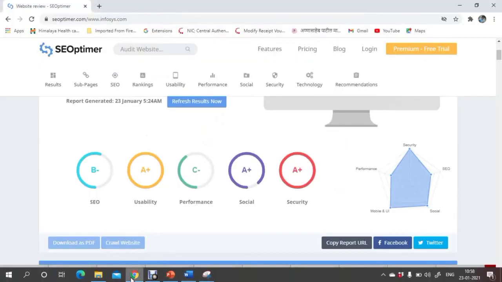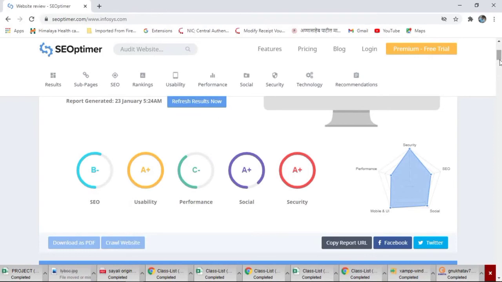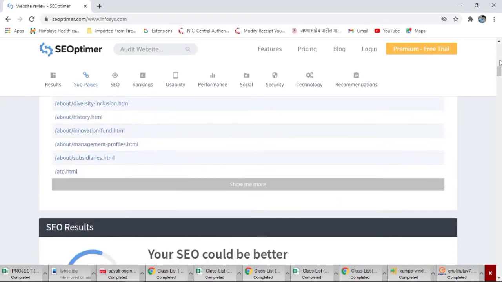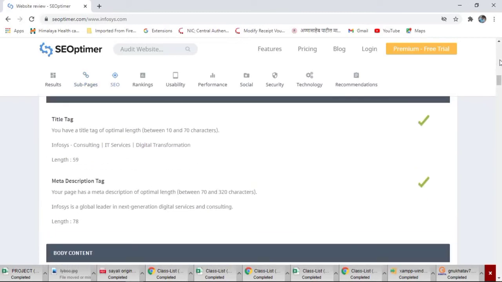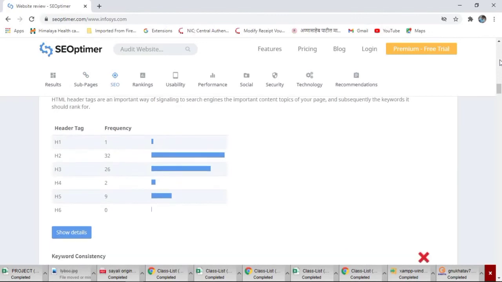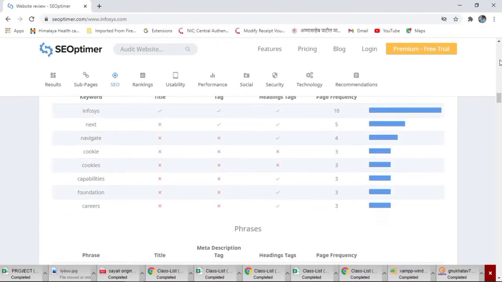So let us check for broken links and images. Scroll down. Title tag, meta tag, body content, header tag, keyword consistency.